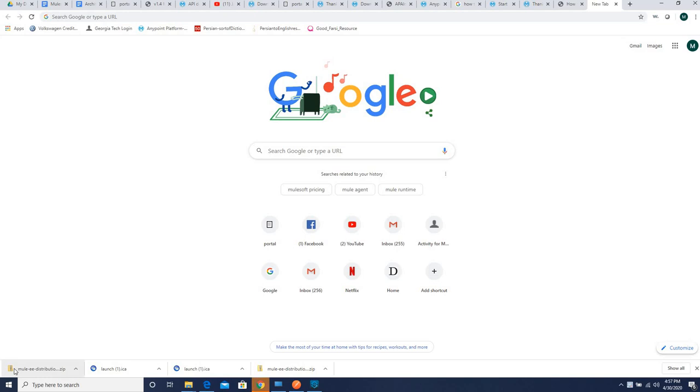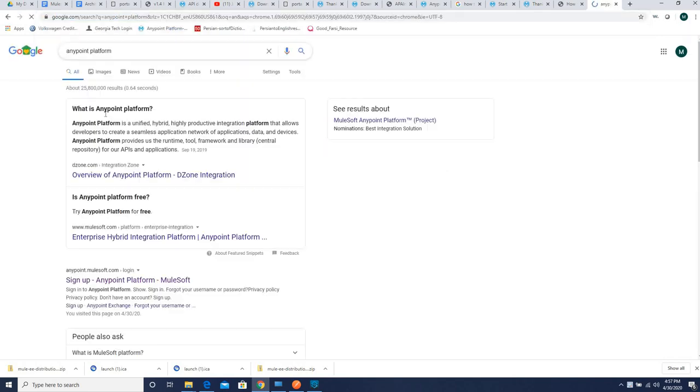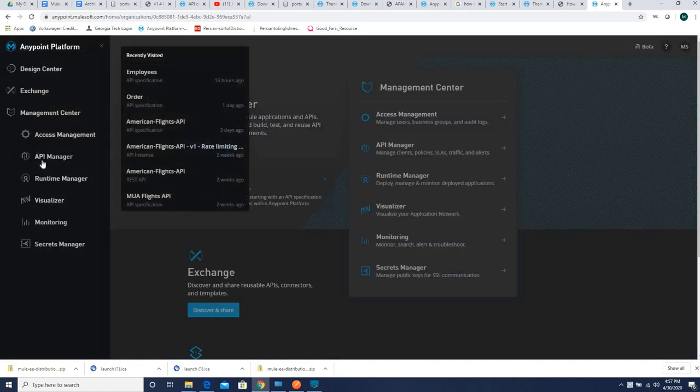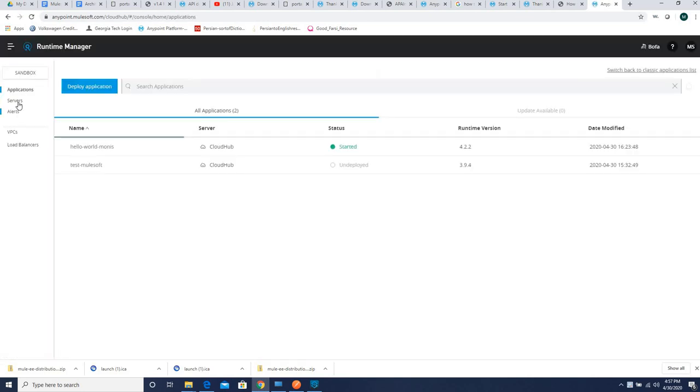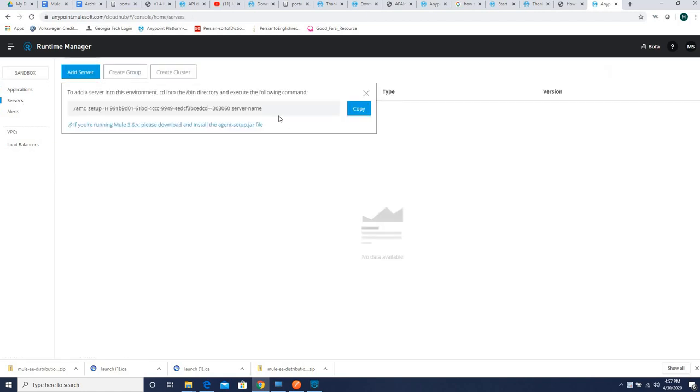In this video, we will discuss how we can connect our standalone runtime with Anypoint Runtime Manager. So first of all, we need to go to Anypoint Platform, and in this Anypoint Platform, we need to go to Runtime Manager. In this Runtime Manager, you see the name server. Click on Add Server. Copy this command